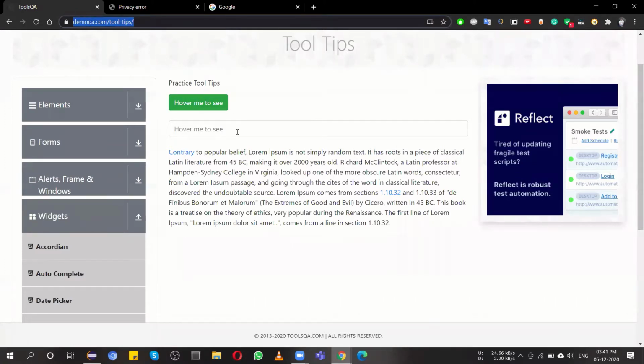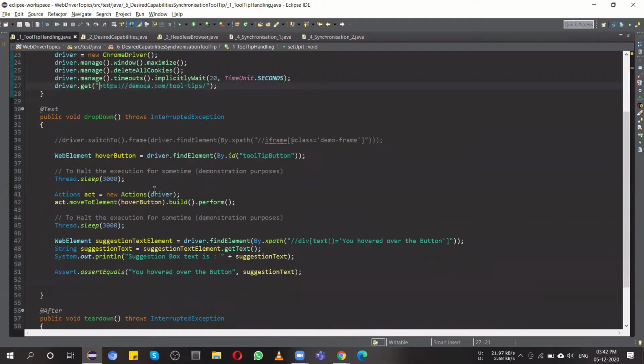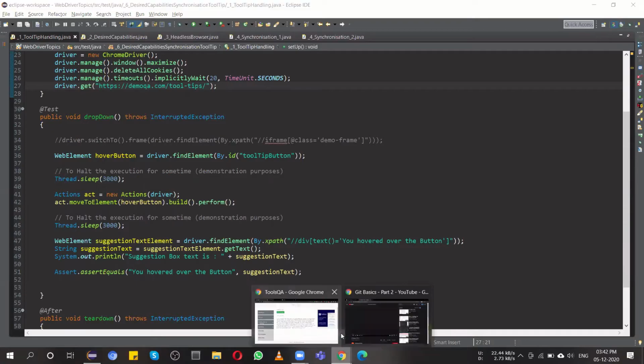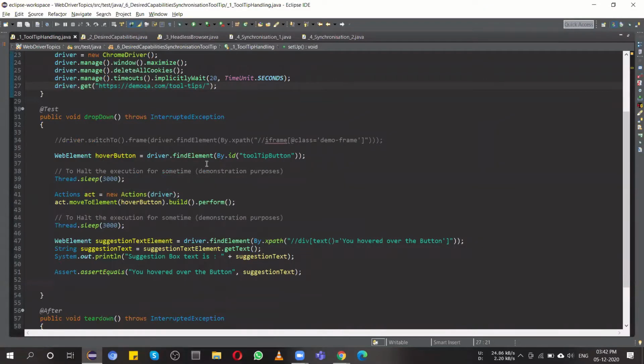The similar kind of script I have written over here. These are the prerequisites with the URL I just showed you. Then this is the web element which I found for this green button. Actually this switching is not needed.